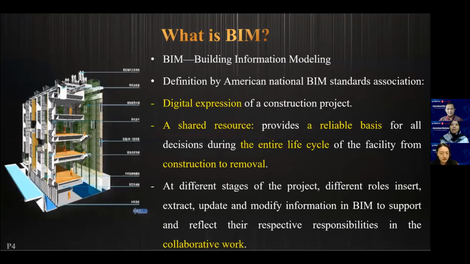First, let me show you what BIM is. As we know, BIM stands for Building Information Modeling. It takes the relevant information data of building areas, records the geometric and attribute information of building components in detail and accurately, and presents it in the form of 3D models. And we have 3